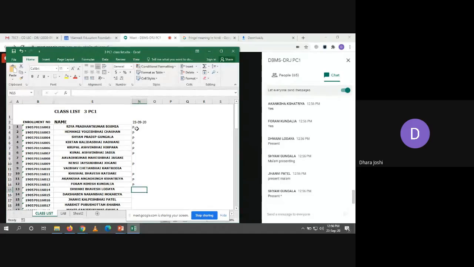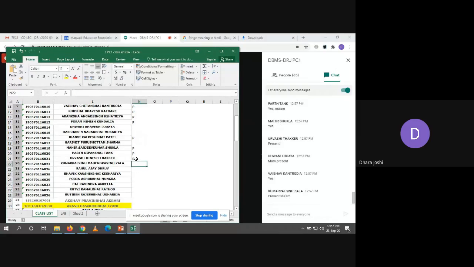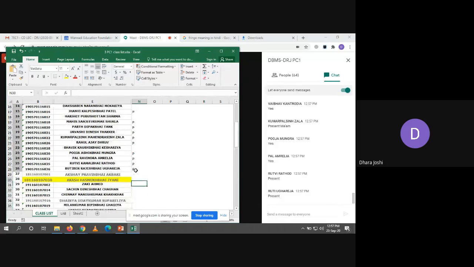Yes, Shyam, I marked you present. Harshit, Mahir, Parth, Urvashi. Kumarpal, Rahul, Bhavik, Pooja. Pearl, Rutri, Rutiben. Ma'am, it's Rahul. I'm not able to send the message. Okay, Rahul, marked you present. Sorry, ma'am. Akshay. Okay. Akshay, Akash, Ahmed, Sachin.